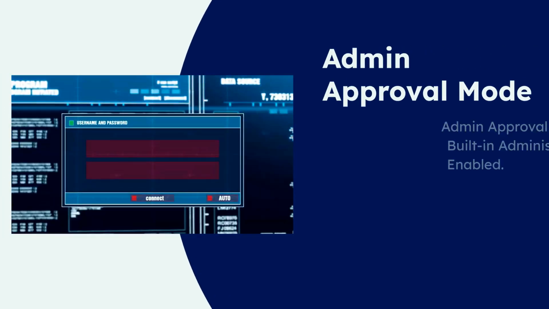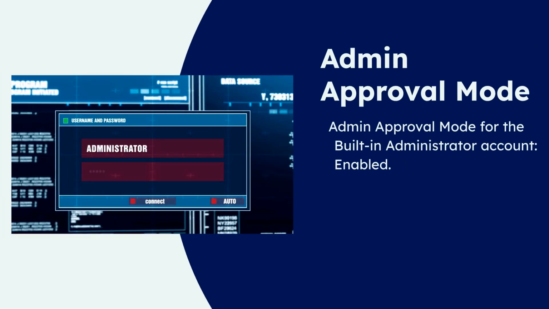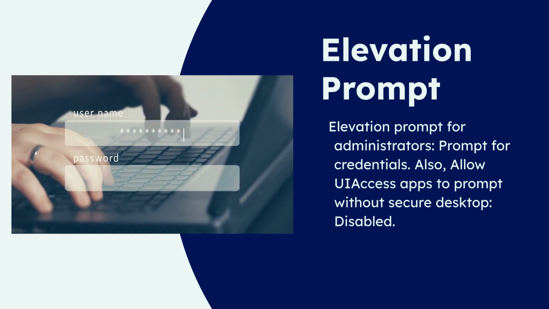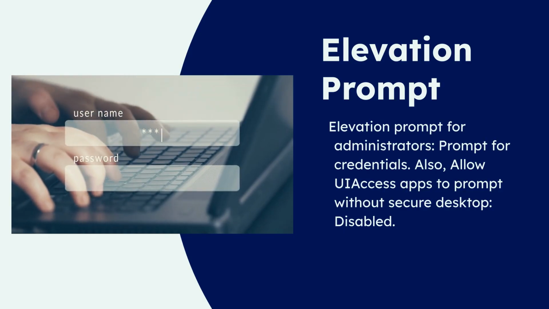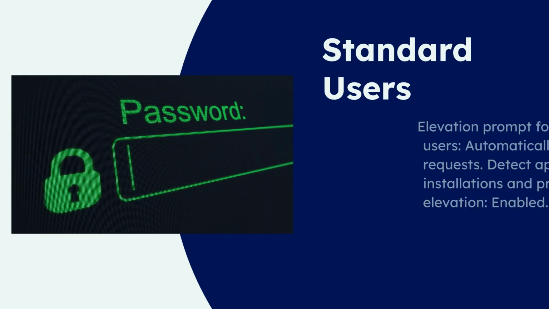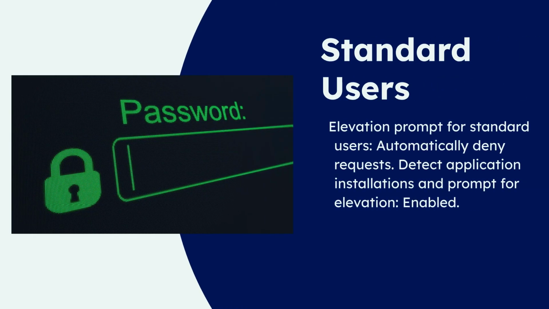First, ensure admin approval mode for the built-in administrator account is set to enabled. Set the elevation prompt for administrators to "prompt for credentials," and disable allow UI access apps to prompt without secure desktop. For standard users, set the elevation prompt to automatically deny requests and keep detect application installations and prompt for elevation